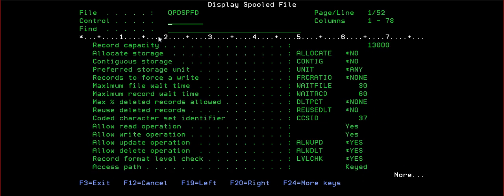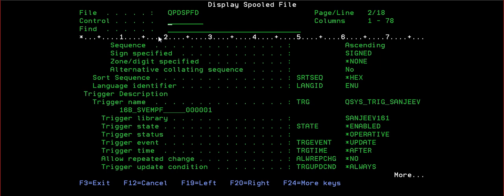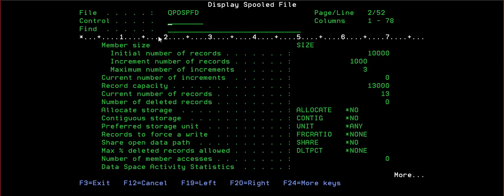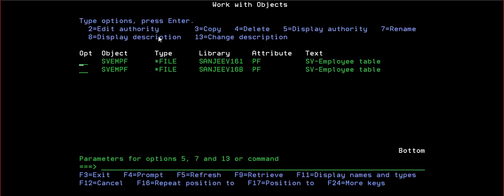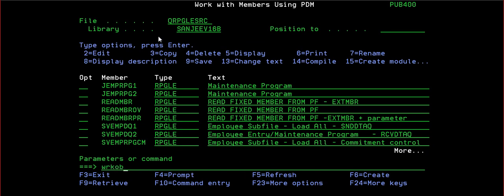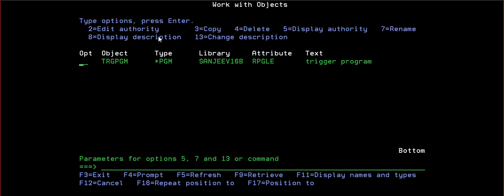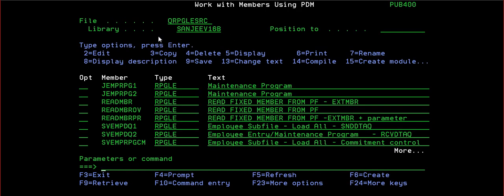So here we have added a trigger, right? Work object, work SVEMPF. In both it is there.